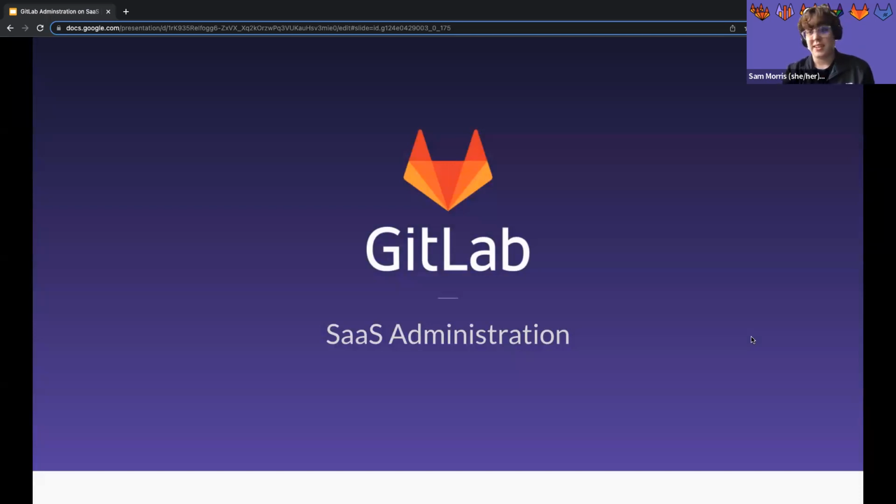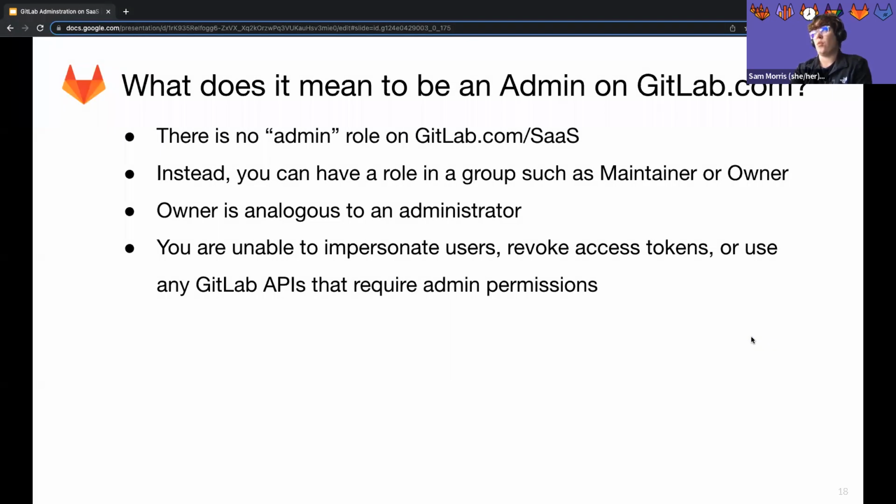So let's get into the bulk of our talk. How does administration work on GitLab SaaS, and what does it mean to be an admin on GitLab.com? Again, you're not going to be called an admin on GitLab.com. Only if you're on a self-managed instance do you have a literal admin role, right? So if you see that anywhere in our documentation, that might not apply to you because you're not on a